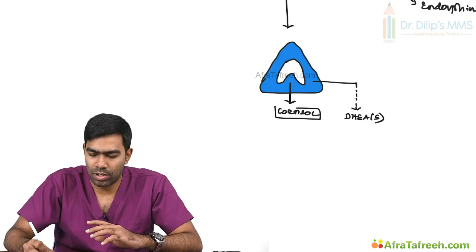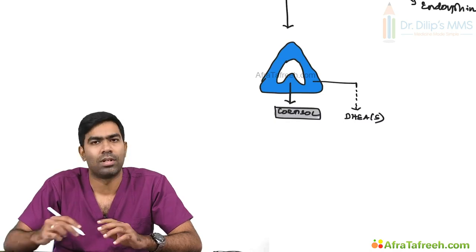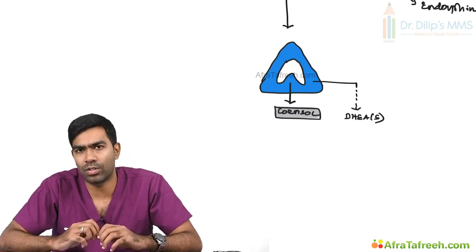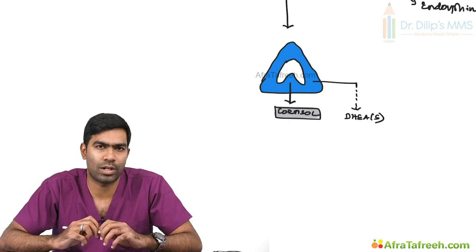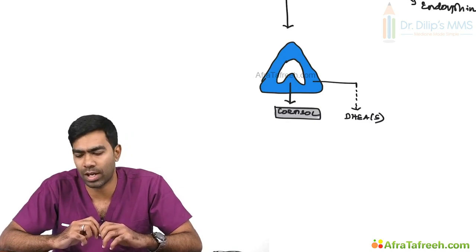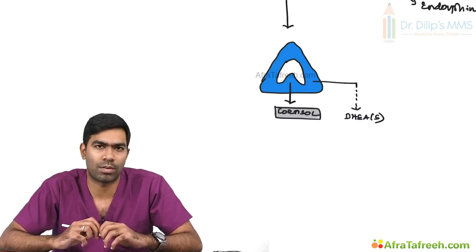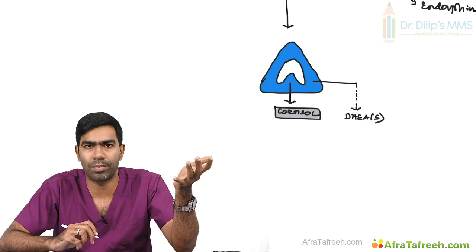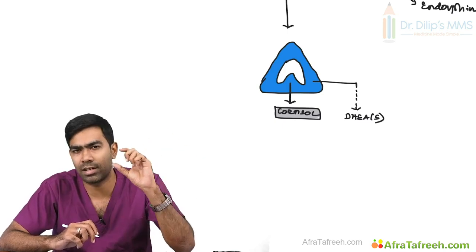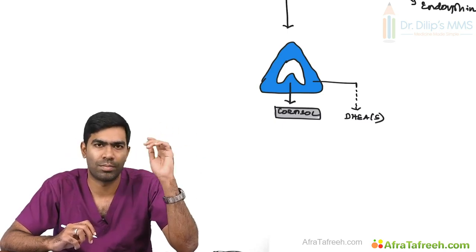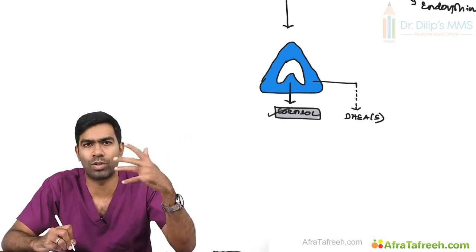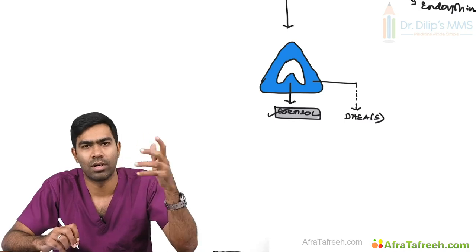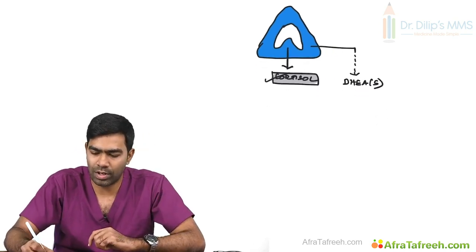This cortisol is the most important compound that gives feedback to the hypothalamus and the pituitary, which means whenever you have a high cortisol, you're going to have low ACTH and CRH production. Whenever you have a low cortisol, you're going to have increased CRH and ACTH production from the hypothalamus and the pituitary respectively. Whereas aldosterone does not give feedback to the hypothalamus and the pituitary, and DHEAS has very little feedback effect on the pituitary and the hypothalamus. So the major hormone that gives feedback to the hypothalamus and the pituitary is cortisol. So whenever you have a high cortisol,